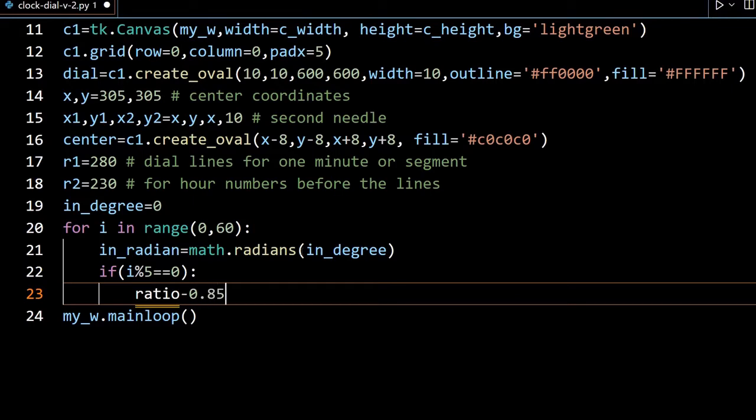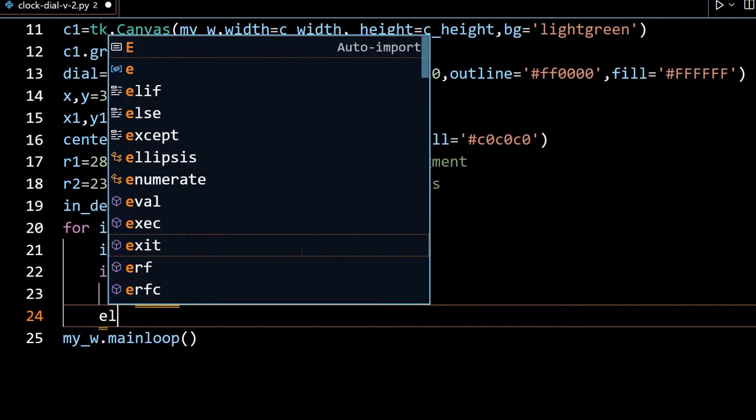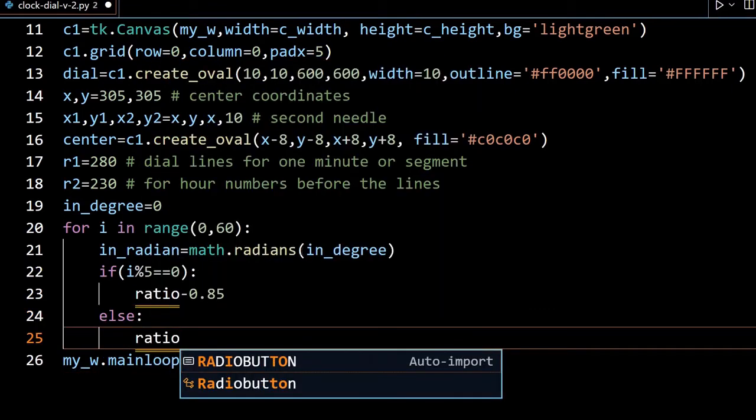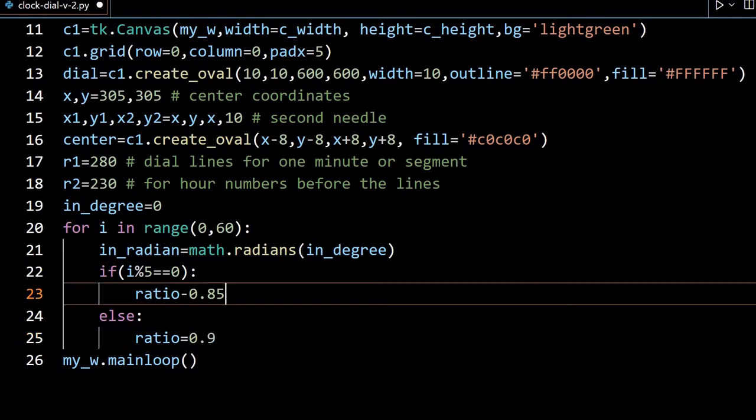Okay. But else, now the ratio equal to 0.9. Sorry, it's 0.9, I made a mistake here.